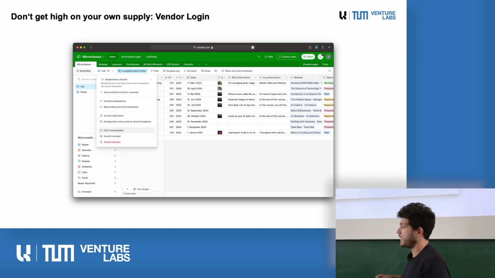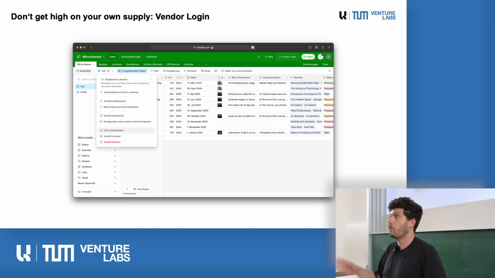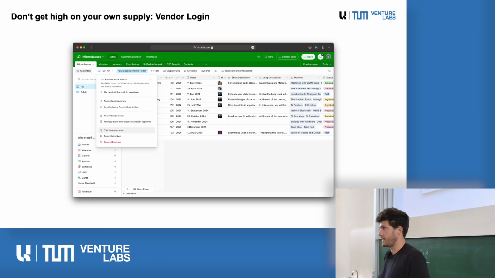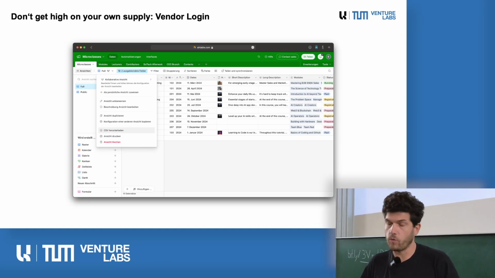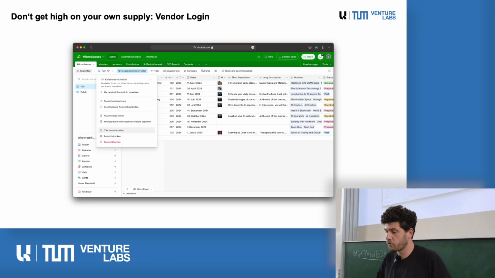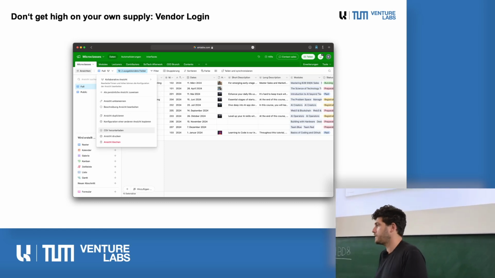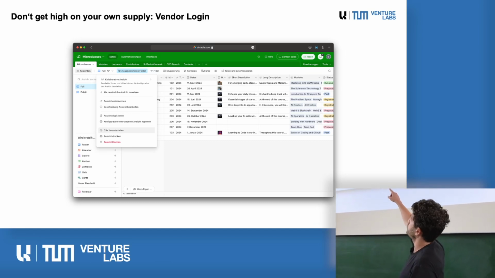Why am I showing this with Airtable? Imagine your business completely depends on Airtable. All your customer data is in Airtable. All your product data is in Airtable. All the connections, which customer is using what product at what time, is in Airtable. Then of course that's a super strong point for Airtable, which is a nice company, but that doesn't need to stay for infinity, right? And the only thing you can do is you can download every single table as a